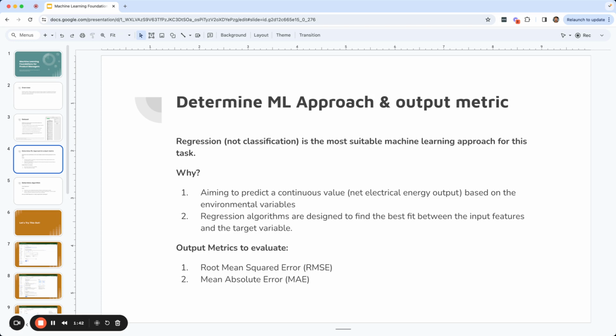One, it aims to predict a continuous value, which is the net electrical energy output based on these environmental variables. And two, regression algorithms are designed to find the best fit between the input features and the target variable. The output metrics that I was looking to evaluate would be the root mean squared error, the mean absolute error, and the other one that I wanted to evaluate